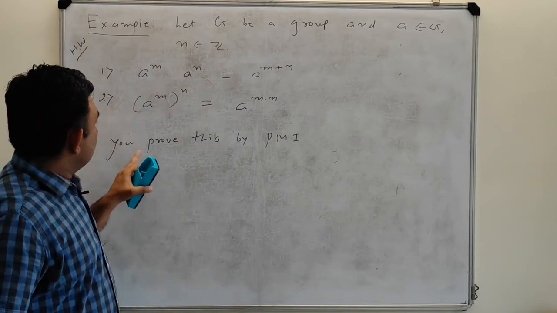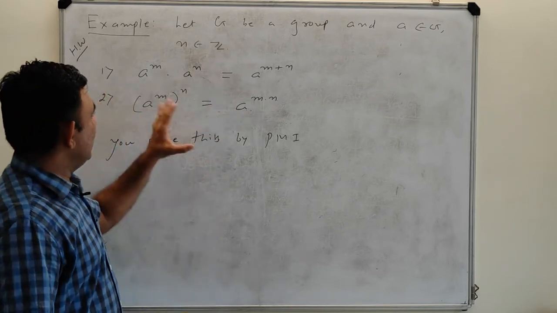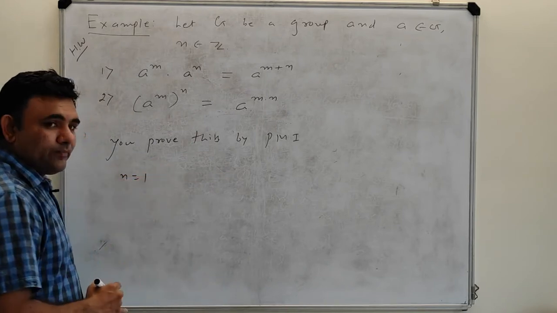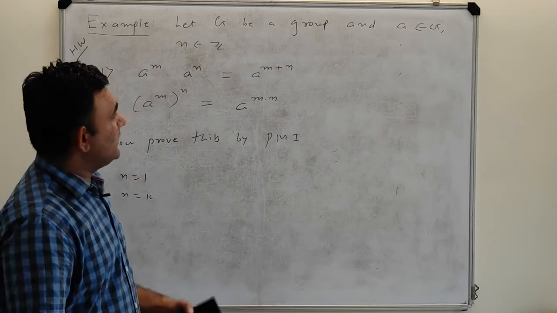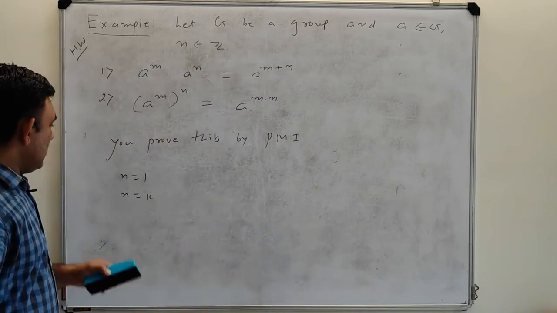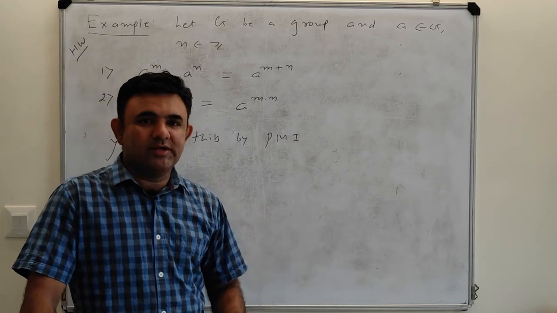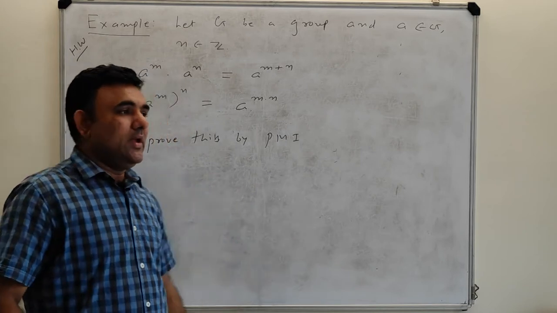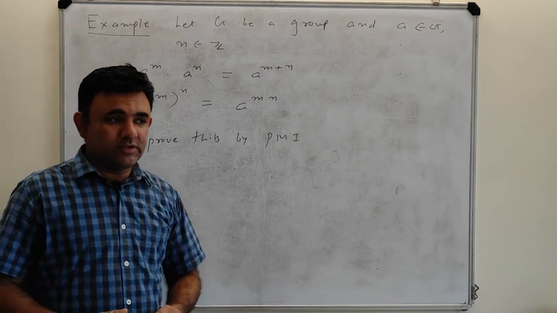So I give this example in the homework, you prove these two examples. Now I will use these two things. So it is a very simple exercise, but let me give you some hint. First of all, you prove for n equal to 1, then you assume n equal to k and prove that n equal to k plus 1, then the result will be proved for positive integers. Then suppose n is a negative integer, then it can always be written as n equal to negative m for some m belongs to N, and you use the previous part, and then you can prove this result.